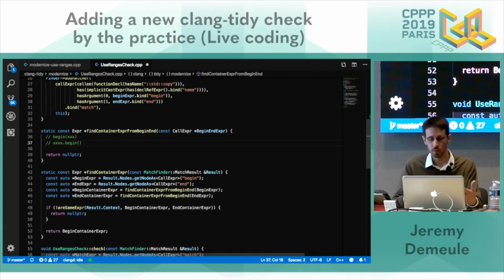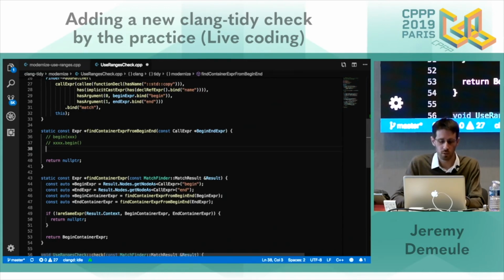One of these techniques could have been RTTI, so dynamic cast. However, Clang is not compiled with dynamic cast or RTTI, but provides a very similar way. So, in fact, what we are trying is to verify if the callee of the call expression is a free function or a member function call. So we'll extract the callee first.